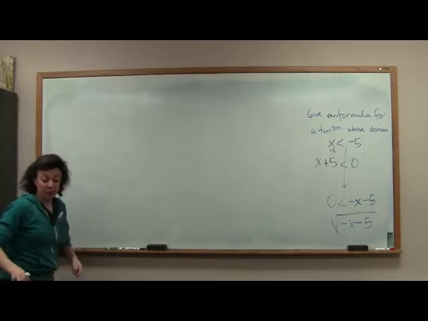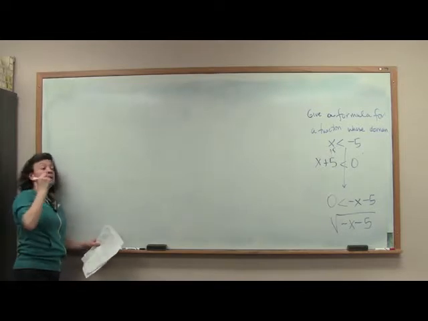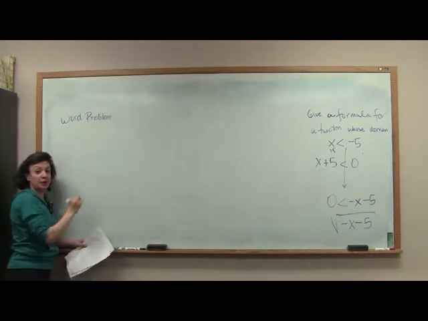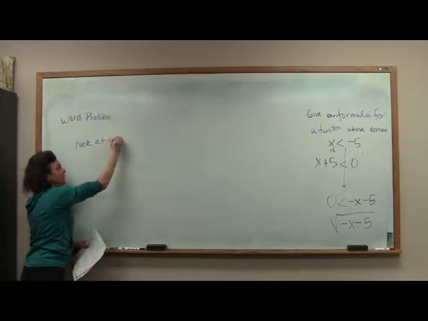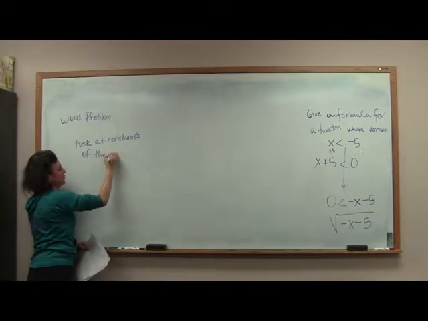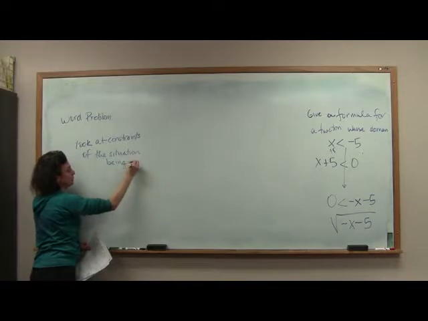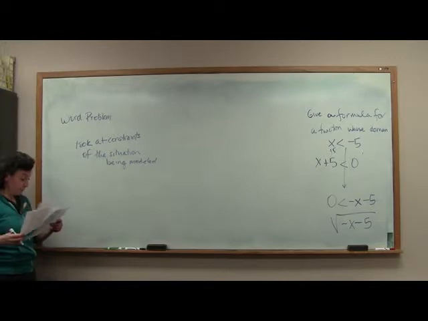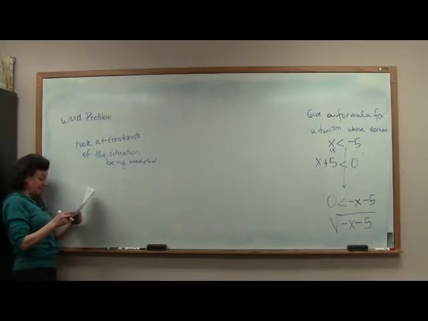All right, so in the context of a word problem, what you have to do is look at the constraints of the particular situation that you're in. So let me say, look at the constraints of the situation being modeled. For example, let me write this guy down. This says the following: